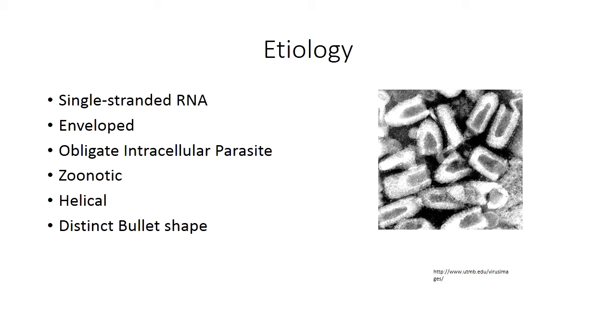Rabies is zoonotic, which simply means that it is passed from animals to humans. How this goes about will be explained later in the presentation. The shape of the rabies virus is helical and is identified under a microscope by its unique bullet shape. As you can see in the picture there to the right, the rabies virus is relatively flat on one side and tapers to a soft point at the other, resembling the shape of a bullet. That's a little bit of the etiology there for you. Let's head over to the next slide here.